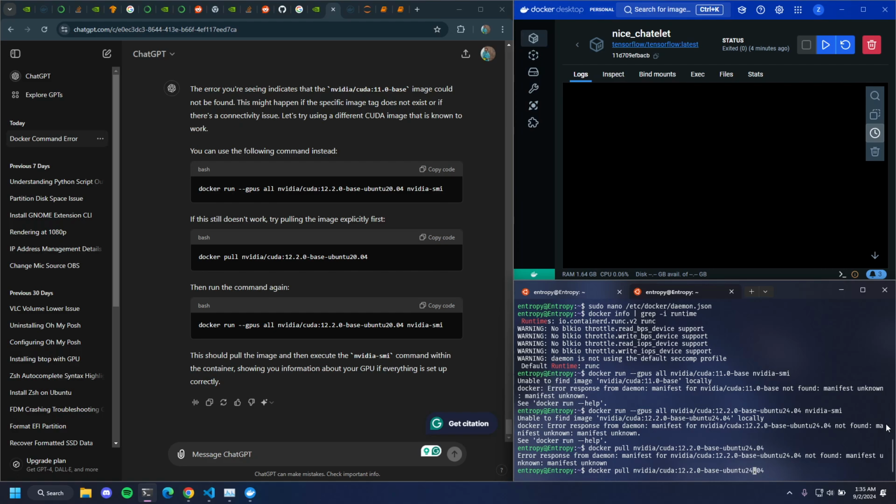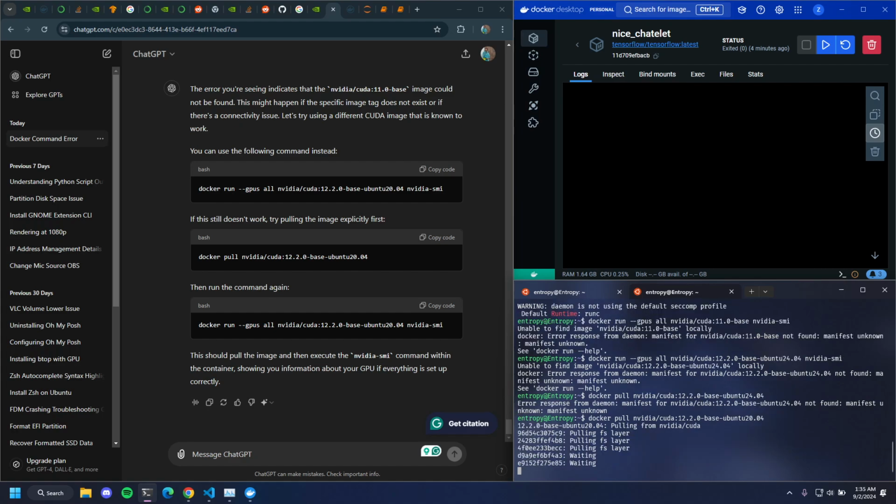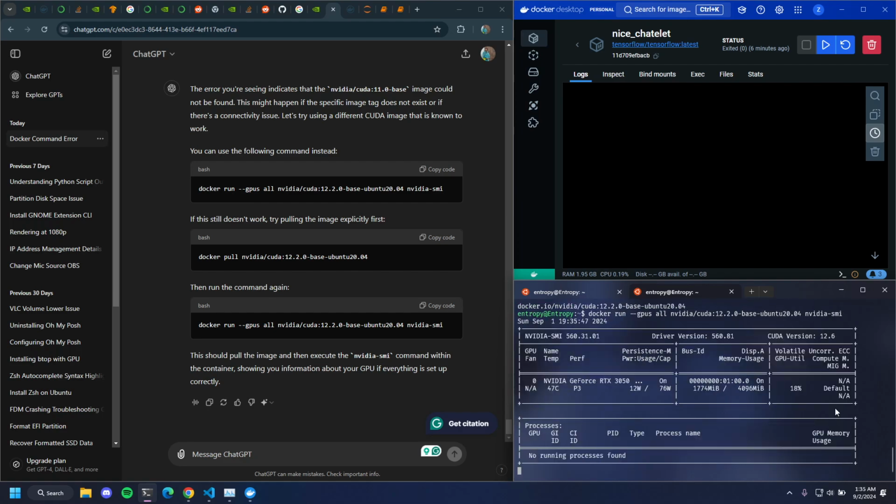We can't. Okay, let's try this. It should be backward compatible, but let's try. It is installing the image. Oh yeah, a point to be noted: you can also use CUDA toolkit in Docker images, which is quite easy, and it is okay. It pulled up something, but it's not,